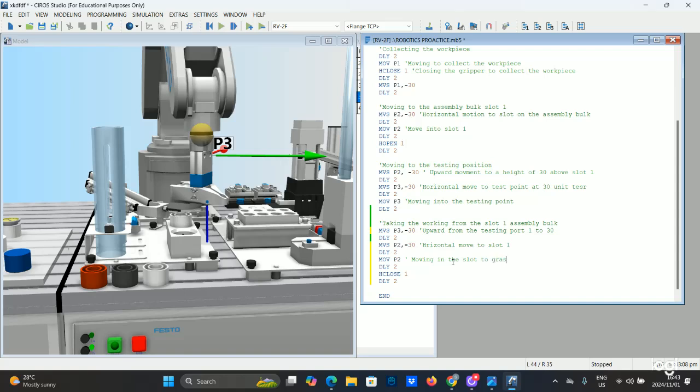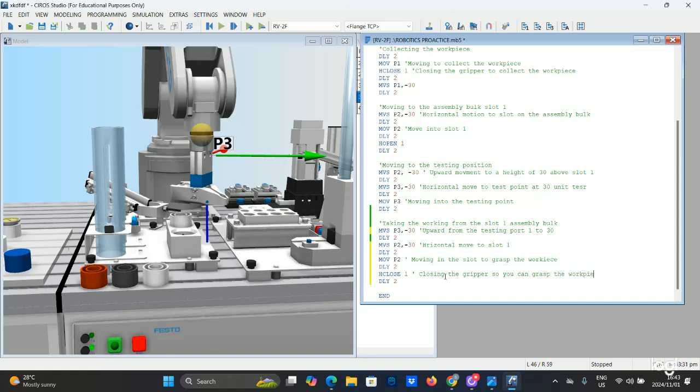To grasp the workpiece, right? And then here you are closing the gripper so you can grasp